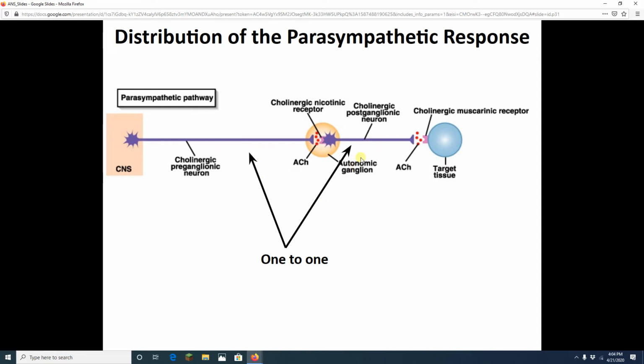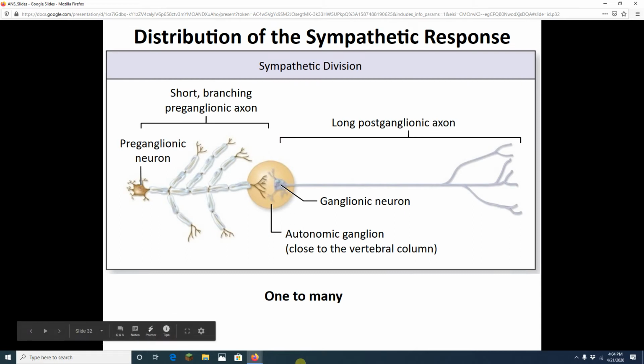Now, I want you to compare this with the sympathetic response. The sympathetic preganglionic neuron, and we never saw this in other pictures, actually has a ton of big branches. That means for every one preganglionic neuron, there are more postganglionic neurons. So this gives us a more widespread distribution, a greater extent, greater organ involvement in terms of the sympathetic response